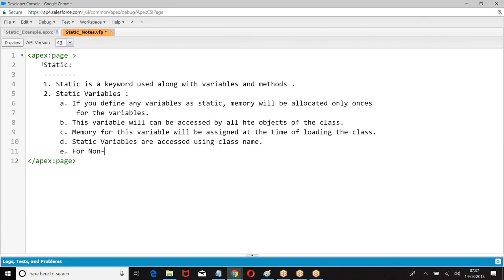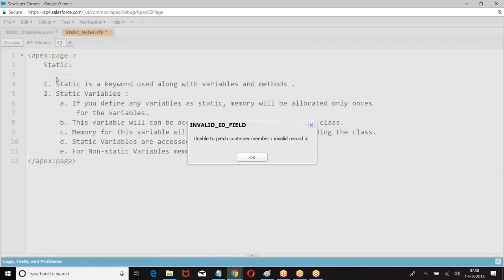For non-static variables, memory will be allocated number of times, based on number of objects.